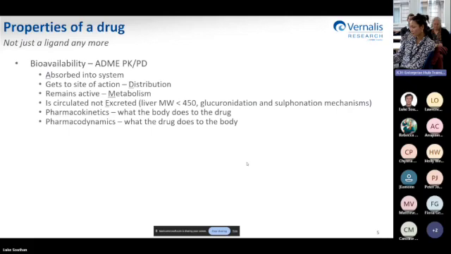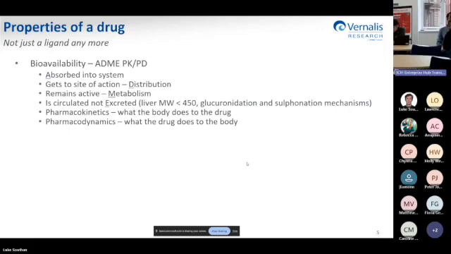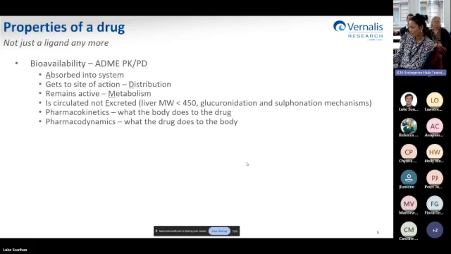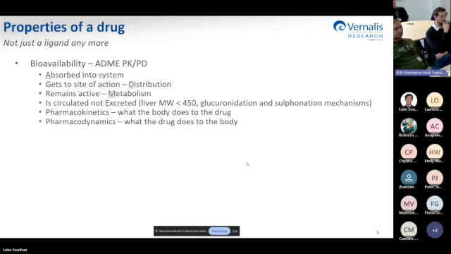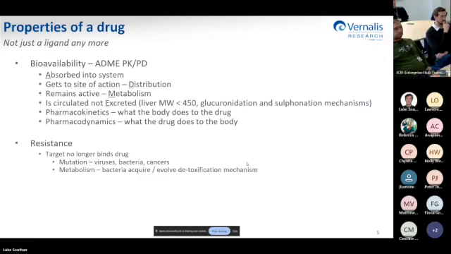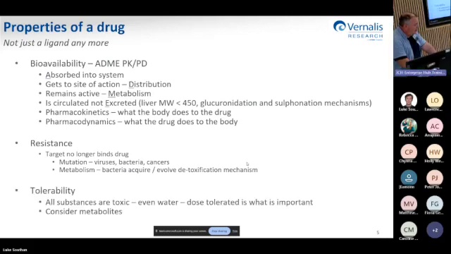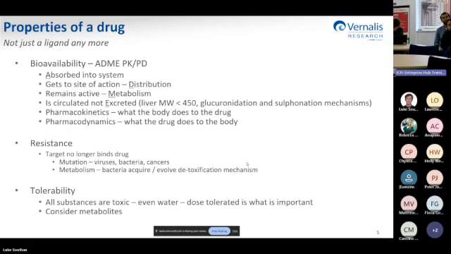And in particular, the PK/PD, pharmacokinetics and pharmacodynamics: what the body does to the drug and what the drug does to the body. And those kinds of interactions are where we move from really being just a ligand through to an actual drug. It's that balance of activity. Resistance mechanisms, it's not bother, we've lost a few minutes. And tolerability, everything's toxic. It's fine, life's like that. So,